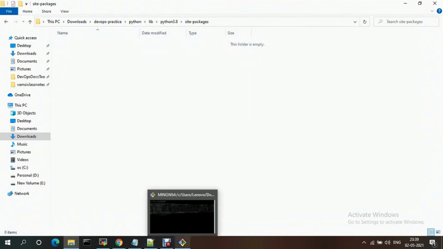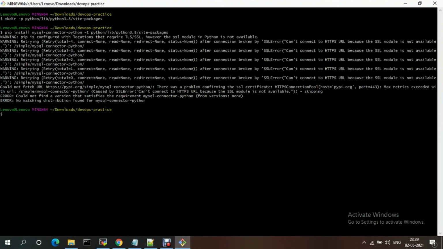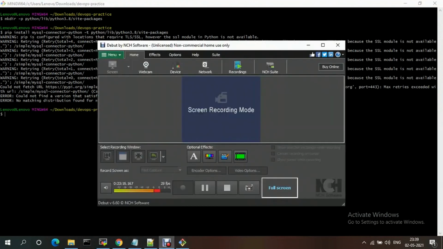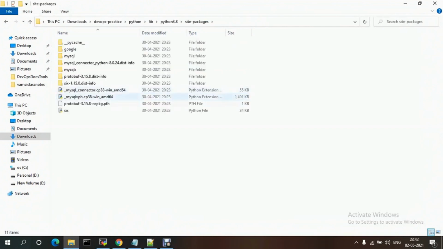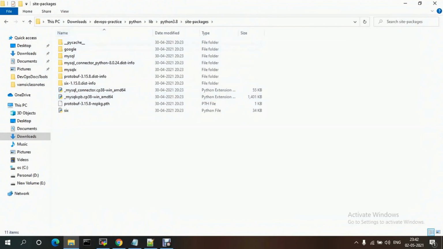I think I'm getting some error. Let me check this one. Fully run that command. If you go to site-packages, see, the MySQL connector is installed.